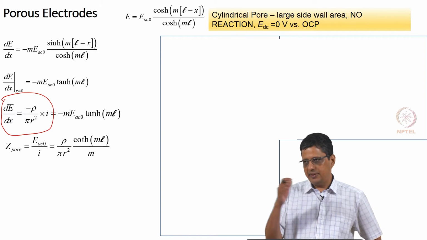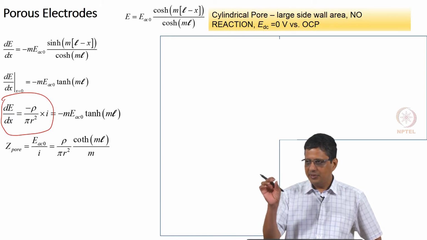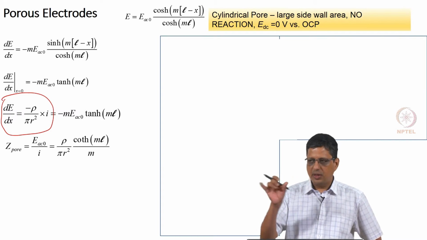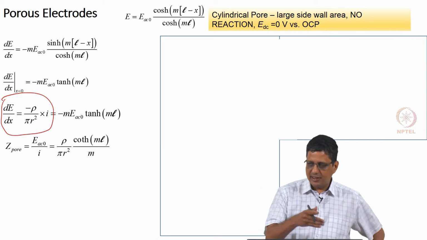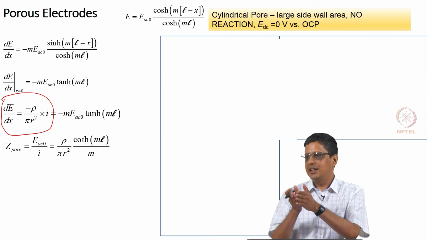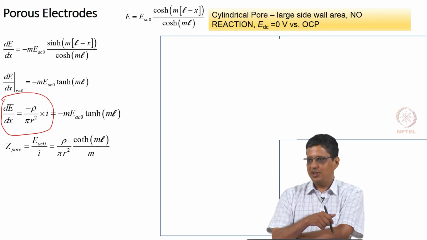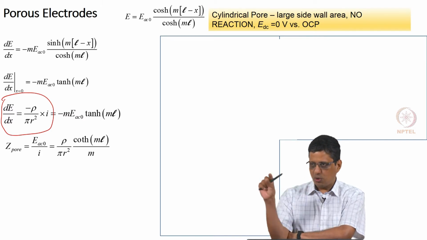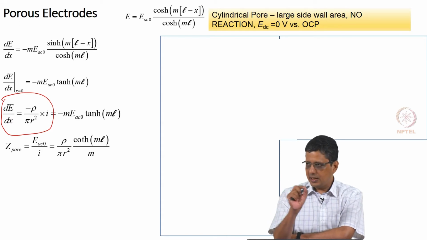How much is the potential drop? That depends on what is the conductivity, what is the radius and what is the length of this, not the full length, but whatever length we are going up to. At that level, what is the impedance? That is what we have, what is the impedance or what is the potential there, we are calculating, and that is how we have come to this. We assume that we know the double layer capacitance on this pore wall. We assume of course that we know the radius, length and the conductivity.